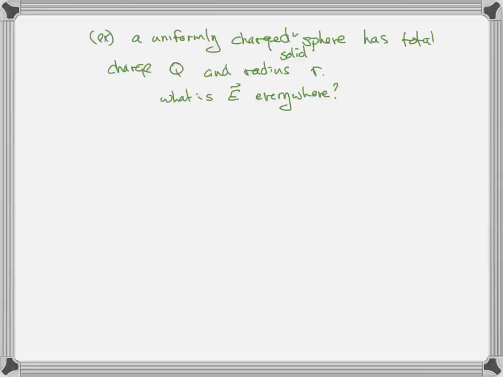I guess we've already done a couple of simple examples, but I want to do one more example. A uniformly charged solid sphere has total charge Q and radius R. What is the electric field everywhere? This is not meant to be a difficult problem. I'm going to add some stuff to it in a bit, but let's start with that. So we've got radius R, it's got a charge Q, which is evenly distributed throughout, so that the